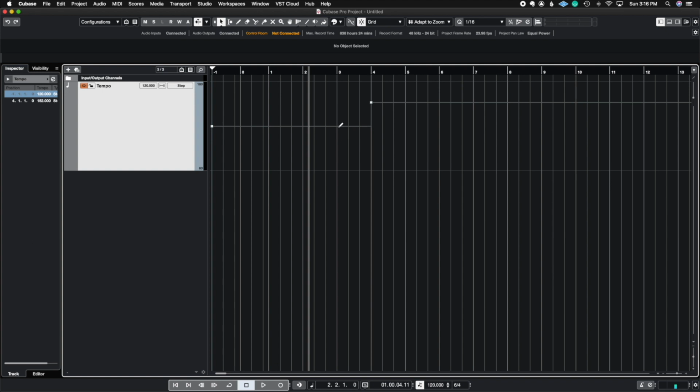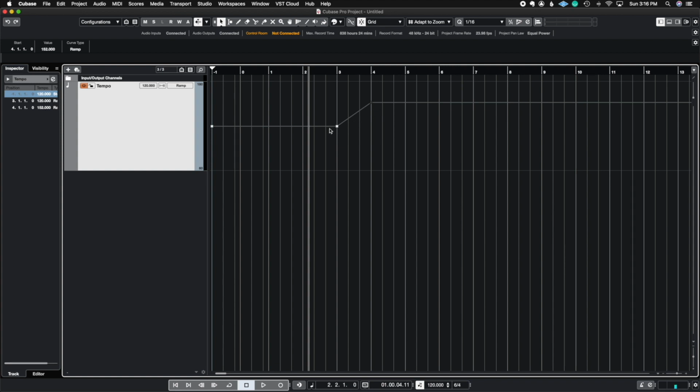Now, what if you wanted to gradually go into bar 4? Well, if I delete this one and I go into ramp mode and I create the dot right there, now you're going to start to see that it starts to move in a ramp form. One thing to keep in mind is when you create a ramp, you're going to need an anchor point. So let's say I just want from measure 3 to 4 to speed up. I'm going to create another dot in measure 3, and then I'm going to ramp it up because this is now the new anchor. And notice how now instead of a step, a 90-90, it's giving me a linear curve